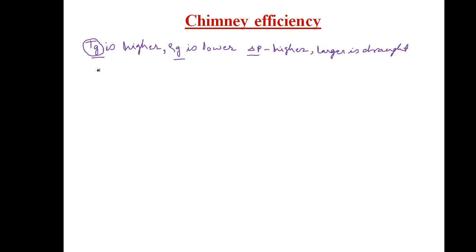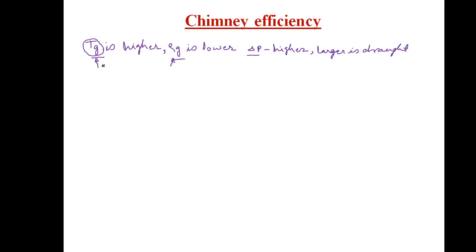But in case of natural draught, only this density of gases plays important role to create the pressure difference, and therefore to achieve higher draught, the gases must be at higher temperature, and if we allow these gases to pass into the atmosphere at higher temperature, indirectly we are going to lose heat energy into the atmosphere along with the